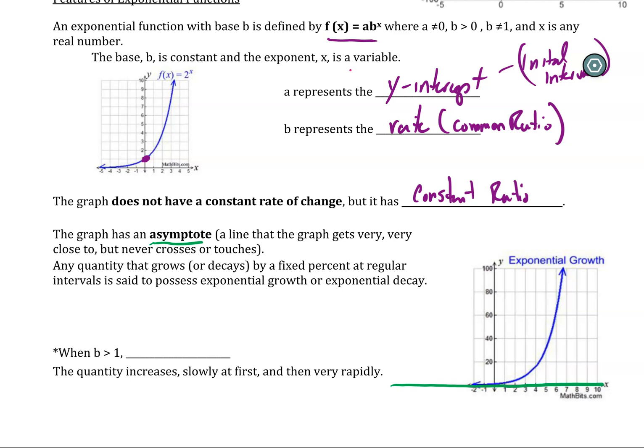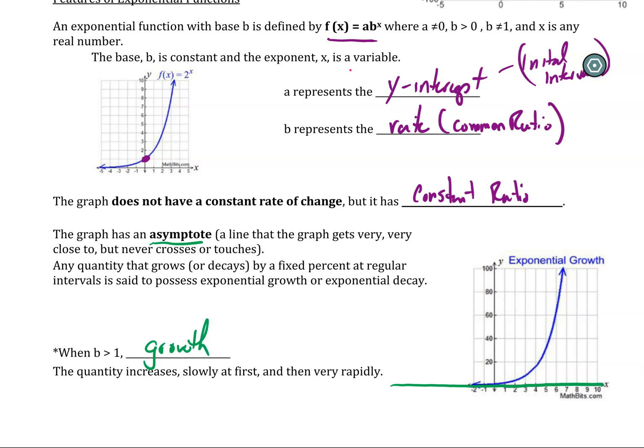have two variations. You have a growth and a decay, right? And each one of them, whether it's a growth or decay, is growing or decaying at a constant rate of change, a constant ratio. That common ratio doesn't change throughout the function. So if it's an increasing percent, then I have the b value being greater than 1, and that means we're going to have a growth,